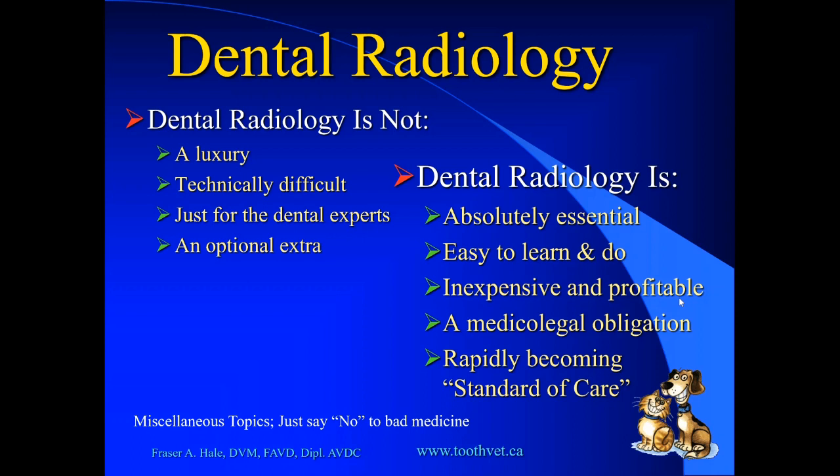And it's not just that taking the x-rays turns the profit. It's really when you take the x-rays, you find pathology. When you find pathology and can accurately communicate the significance of that pathology to the owners, they're going to give you informed consent to treat those problems, and then you can charge for that treatment, and so it generates income. Even if you were to charge nothing for taking the radiographs, it would still generate income by finding pathology that you then treat. It's going to be a medical legal obligation that you have these images as part of your medical records, and it's rapidly becoming, I put "standard of care" in quotes because it's kind of a nebulous term, but